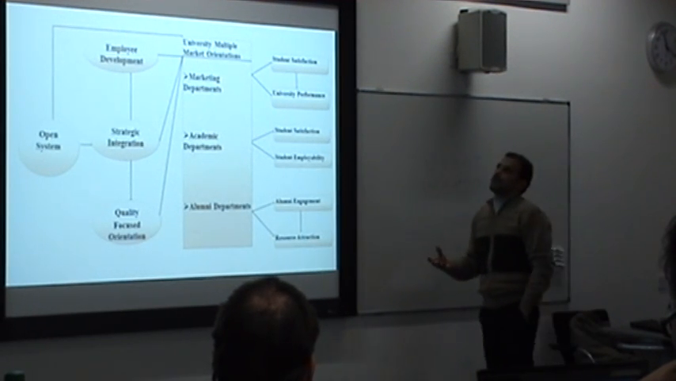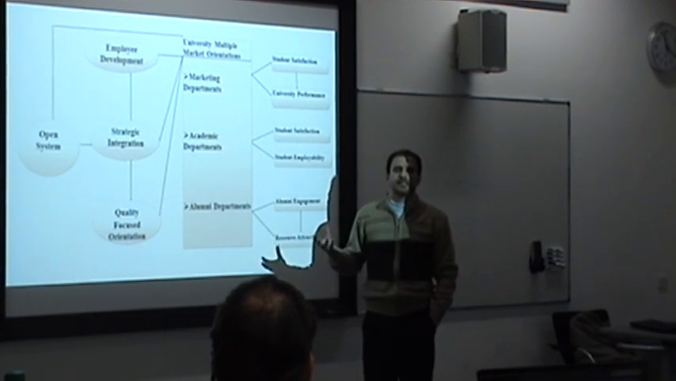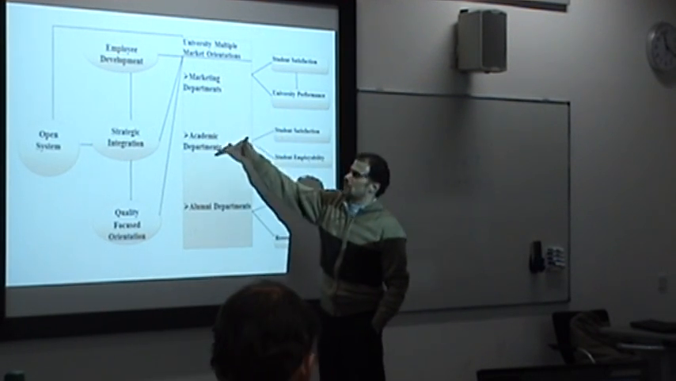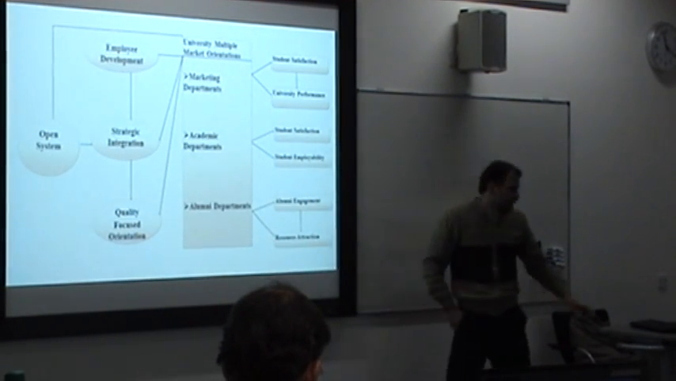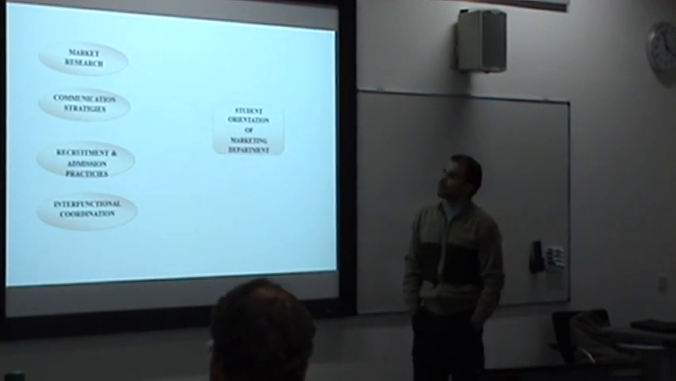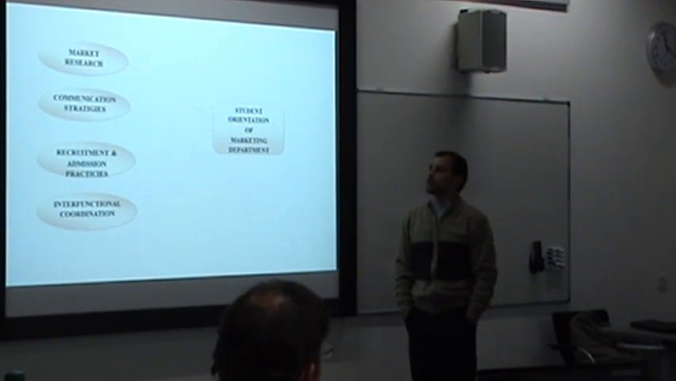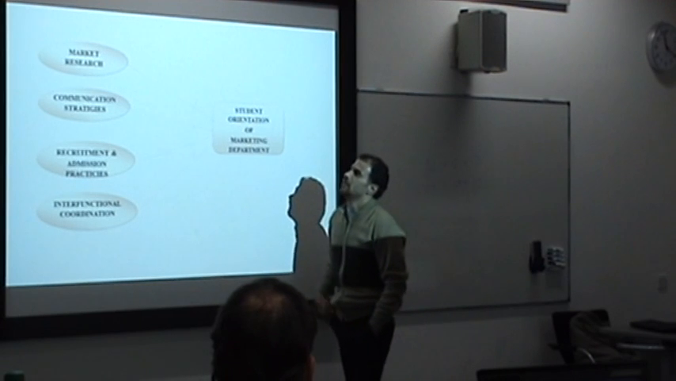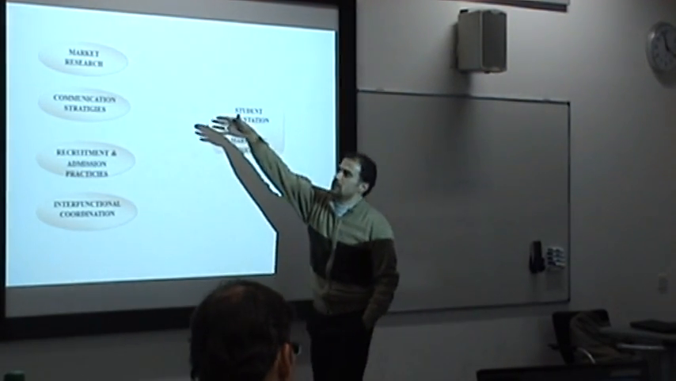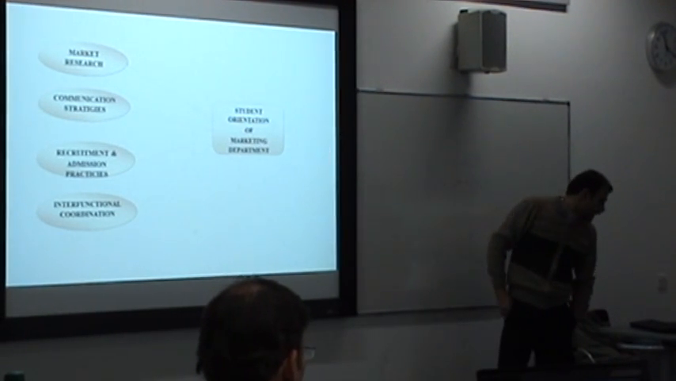Now, in the following slides, I will talk about the components that I have generated from the field work and from the literature review that capture the construct from each perspective. Now, as you see, this is the first one for the marketing department, and it is conceptualized as a type 2 formative construct, which consists of reflective first order indicators, and these are market research, communication strategy, recruitment and admission practices, and